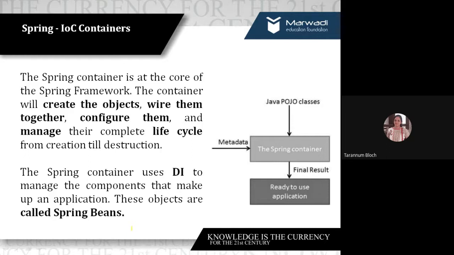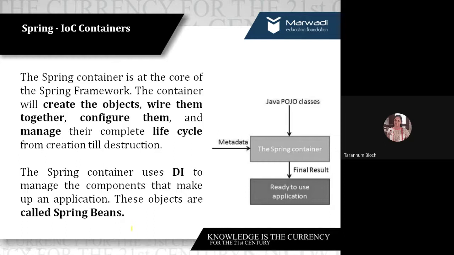Servlet, web container, JSP container. Now I'm saying for Spring, we will have IOC container, inversion of control. Right? For Spring, we will have IOC container. So as Janvi said, the lifecycle management and object and all, that's what your container will do. So the responsibility of your IOC container is, this is the core module or the core thing which is there in your Spring framework, because modularization is achieved through loose coupling, and loose coupling is achieved through DI, dependency injection, and your Spring provides the implementation of DI.